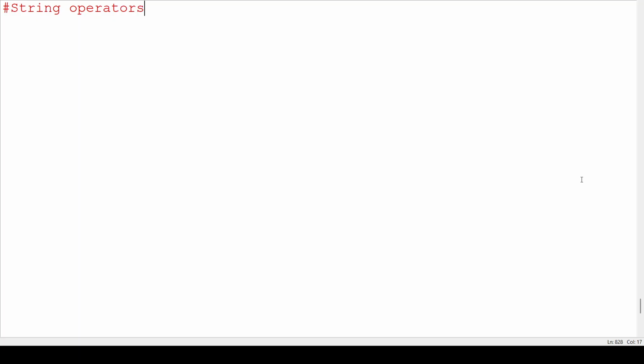Okay, string operators. First one, we are going to see about concatenation. Concatenation is nothing but addition, just like adding two strings together. For example, like